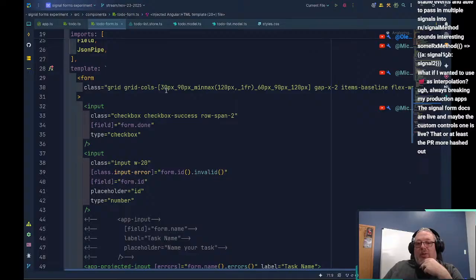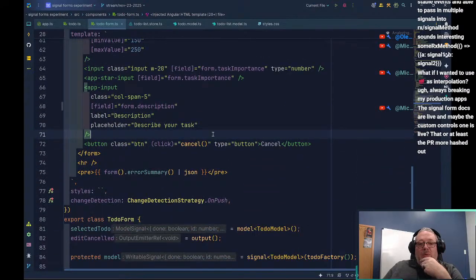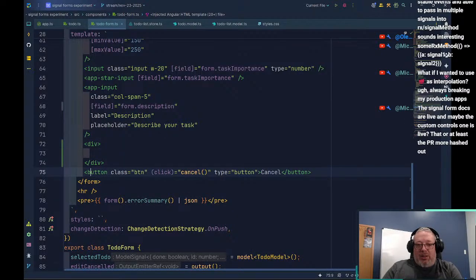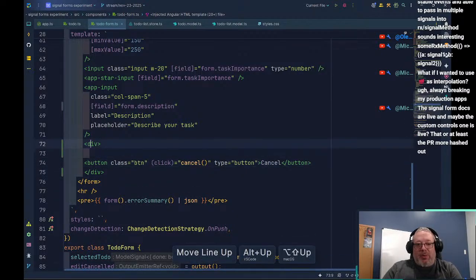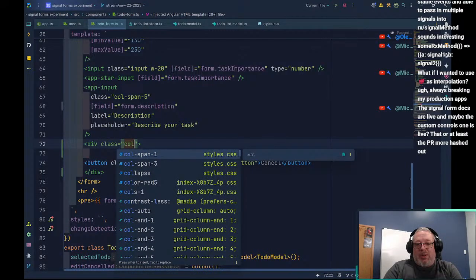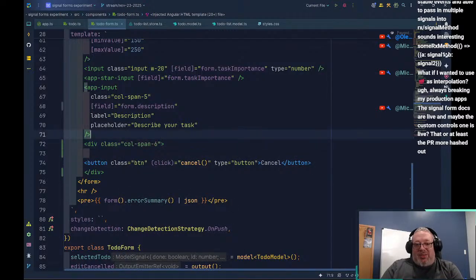So if we look at our grid columns, we've got 1, 2, 3, 4, 5, 6. So what we want to do is make our buttons span the grid properly. So we're going to go class equals, we're going to do a col-span of 6.